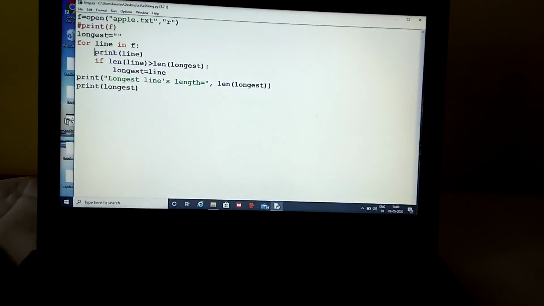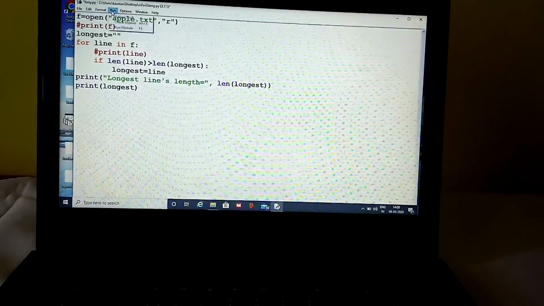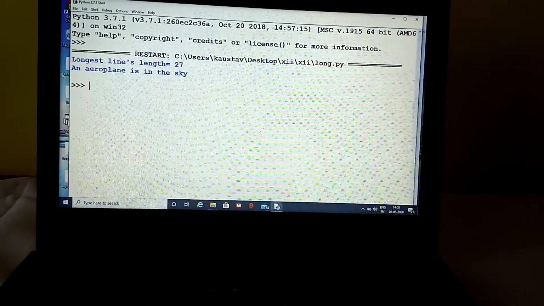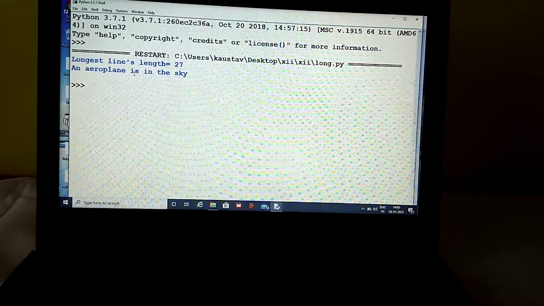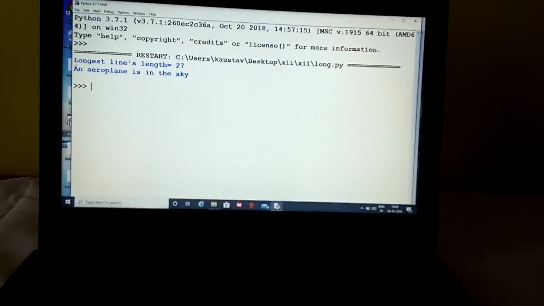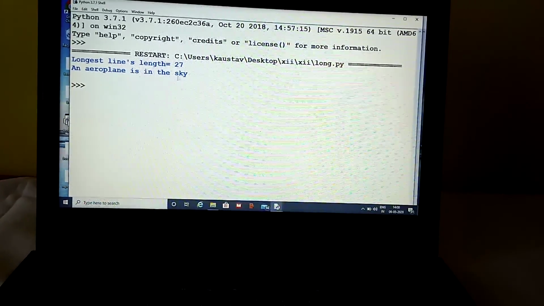Once again I am going to make it a comment because this is not required. Now we'll see the final result. Out of 4 lines, "an aeroplane is in the sky" is the longest one because it is the largest line, and the length is 27.